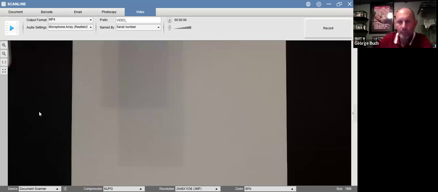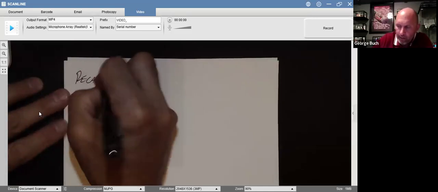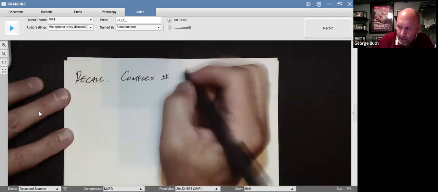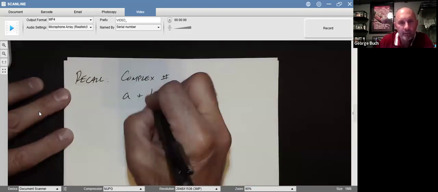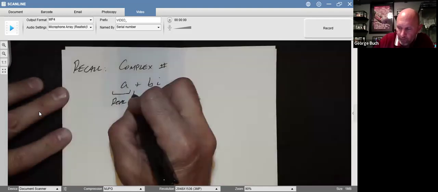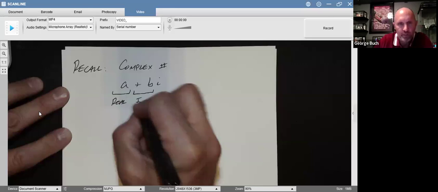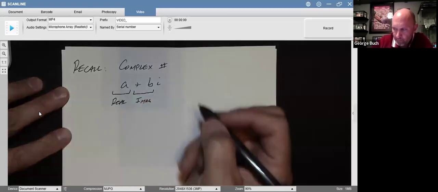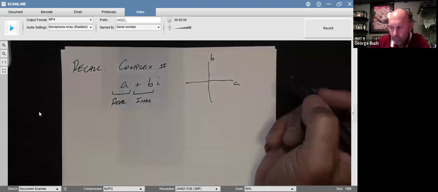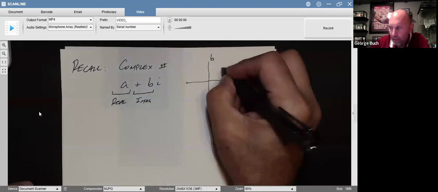So if you recall, a complex number is written in the form a plus bi, where a is the real part and the sign with the b, so plus b or minus b, is the imaginary part. And we can graph these, right? It's just instead of an xy axis, we have an AB axis. And so given this, if I have some point in the AB plane,